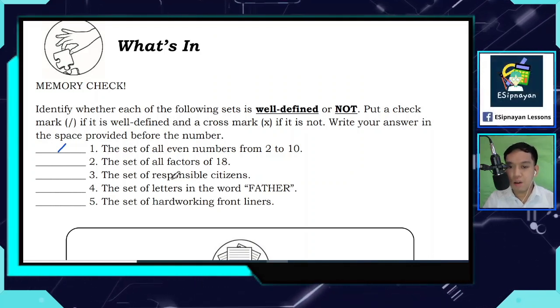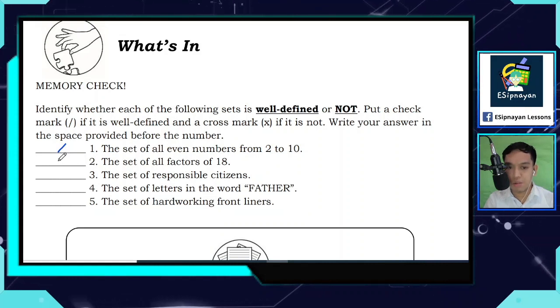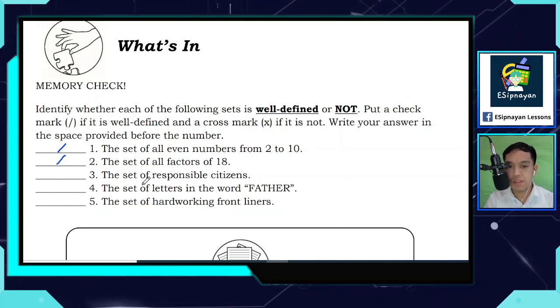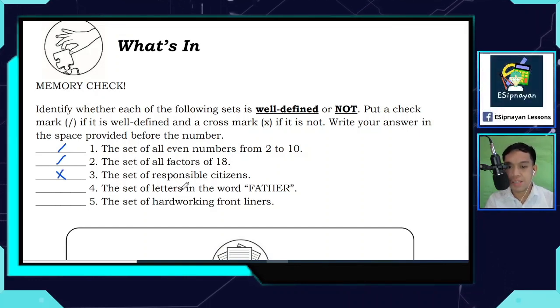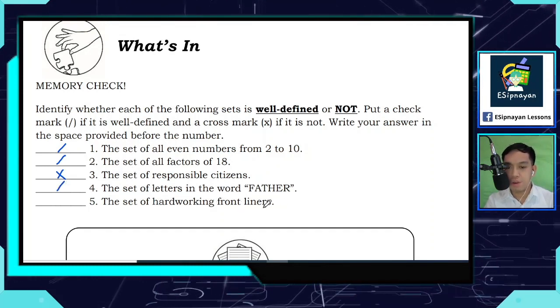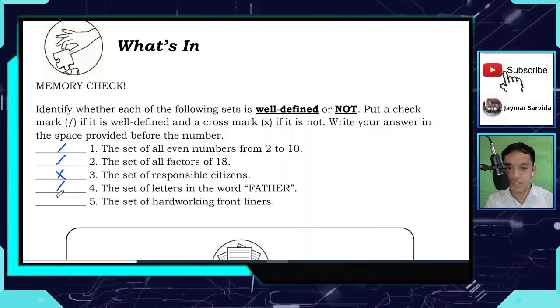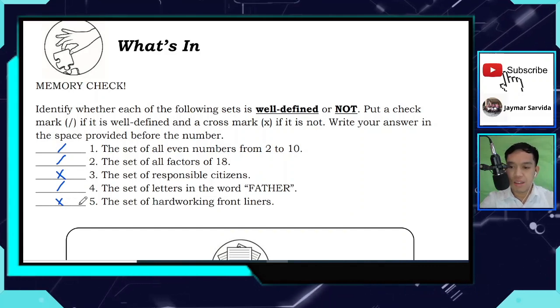Now, the set of all factors of 18. Yes, that is well defined also. The set of responsible citizens. Of course, that is not a well defined set. So that is X or cross mark. The set of letters in the word father. Yes, that is well defined. The set of hard-working frontliners. Okay, so not also. Kasi hindi siya clear. Okay? Next is